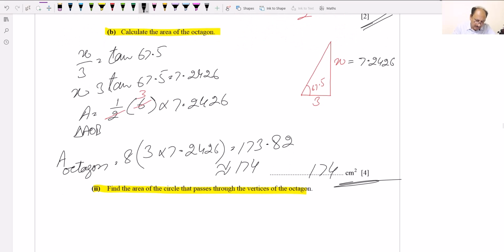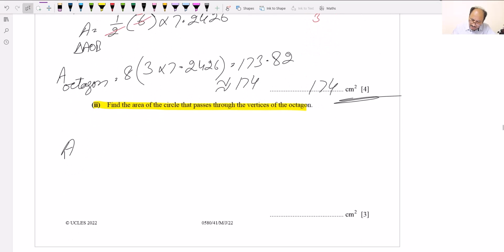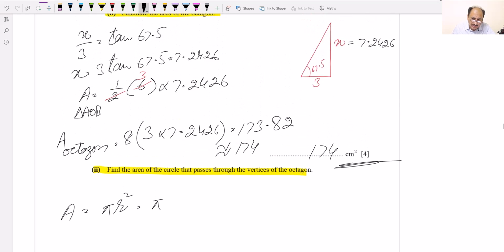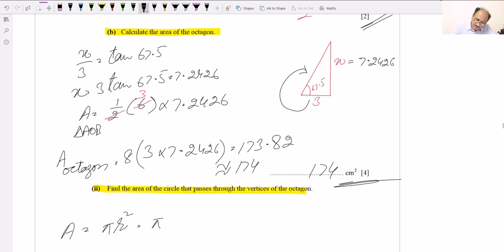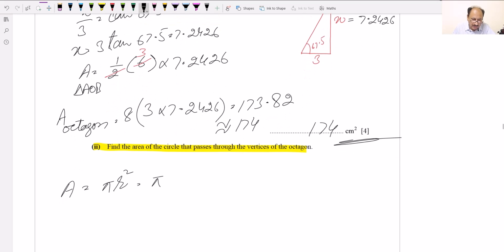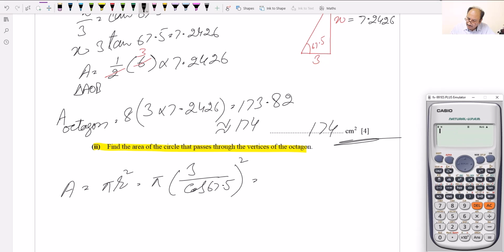So if I write the equation, area will be equal to pi r square, and to find this r, what we will do, we can write pi, and this will be 3 over, if we take this over, this will be adjacent over hypotenuse, so it will be cos theta, so we can write this as 3 over cos of 67.5 degrees, and this will be square, and we can calculate, this will be pi into 3 over, we'll have